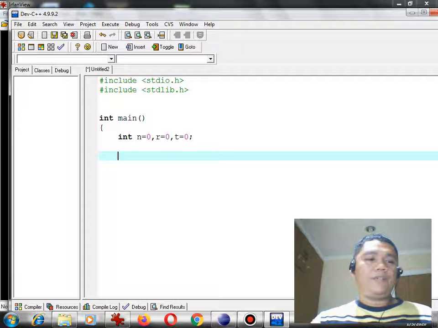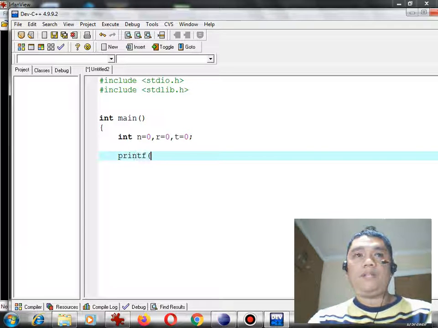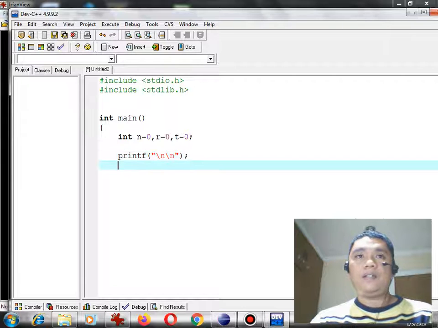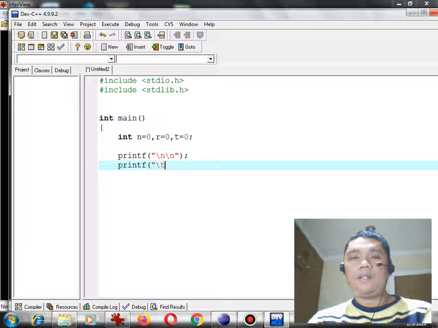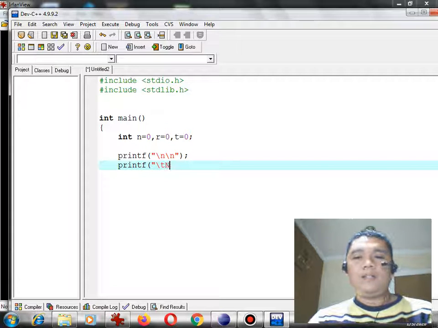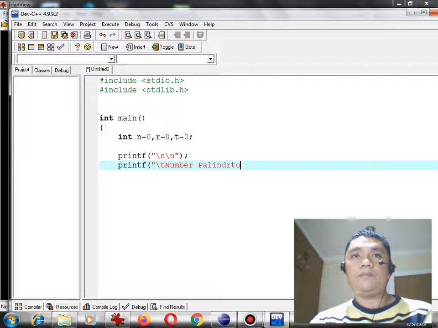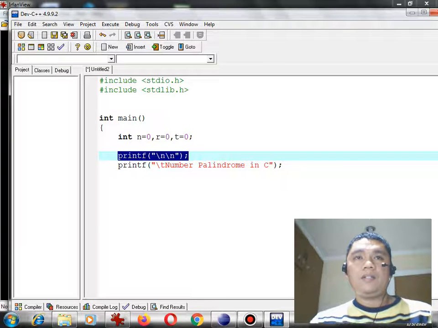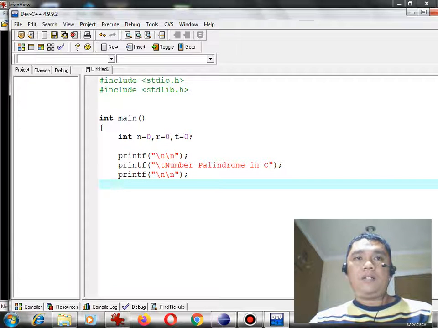Now after that, we will have here printf, backslash t, number palindrome in C. This will be the title of our program. Double quotation, semicolon. We should copy this one, paste, printf,